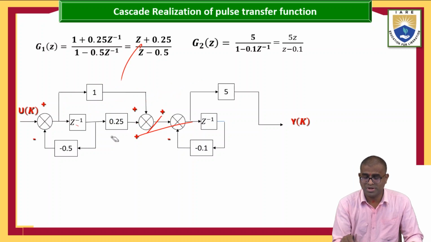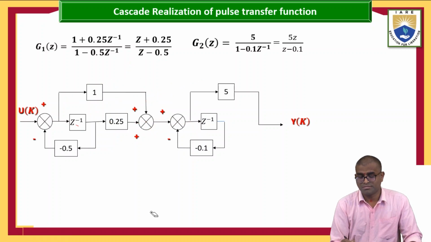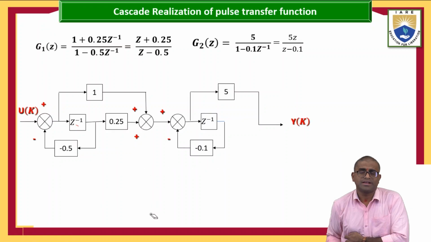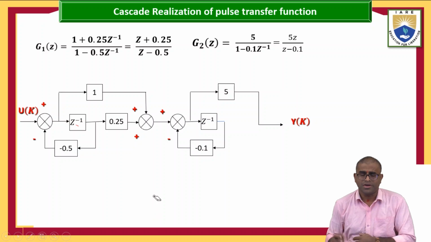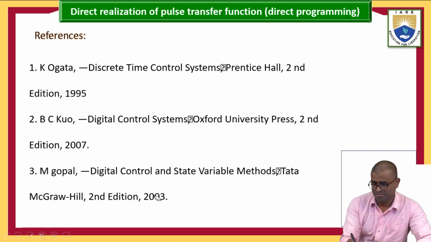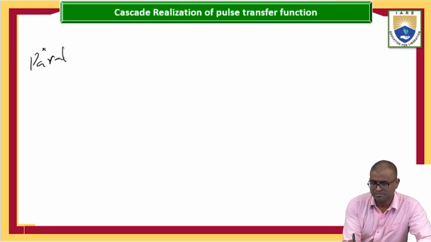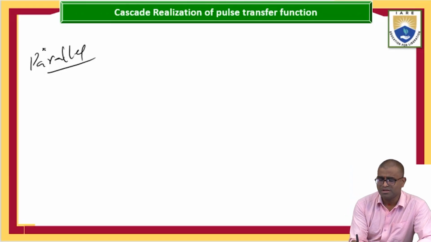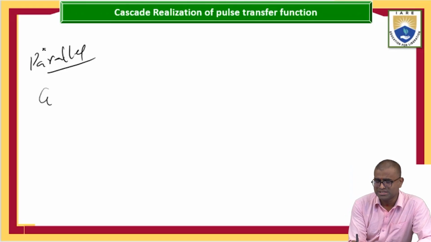Again, similarly, I am doing it like this. This is completed. Now, the cascade connection gives the pulse transfer function. Now, I am going to make the parallel part. First of all, the function I am taking as g of z